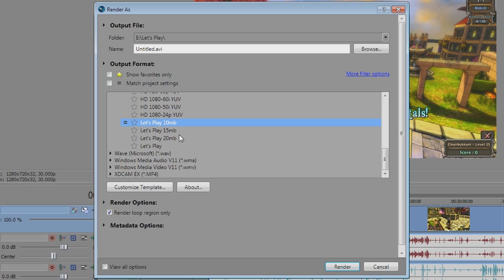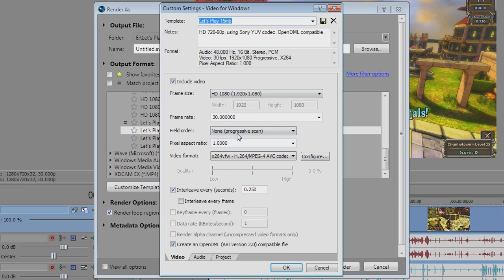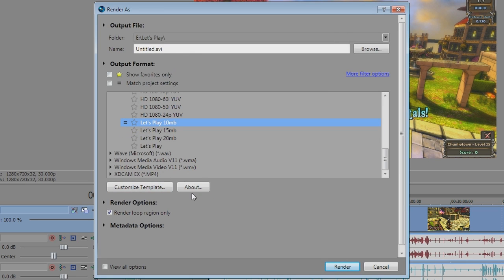If you're using 1080p, depending on the game, you would only use 15 or 20. So as an example of how I would differentiate that, WoW, because it has a lot of text on screen and no motion blur, I use 20 meg. And for Battlefield 3, it has blur and a very minimized UI. 15 meg is fine. Maybe 10 meg would actually be fine, but I've not actually tried that. But either way, go into customize template, make some templates up for varying bit rates and video sizes as needed. So we're going to use the Let's Play 10 meg,